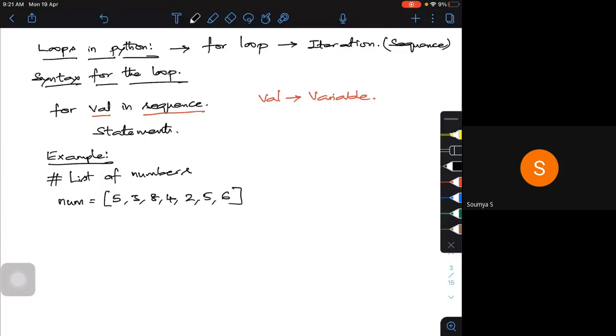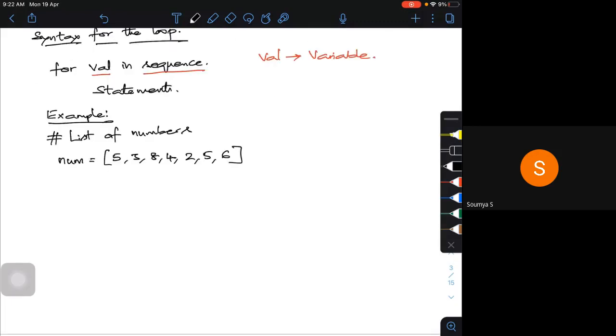Okay, so this is the list I have created. Now I have to check for a particular value in that numbers list. So I have to check for a variable, something I have to check for a condition.